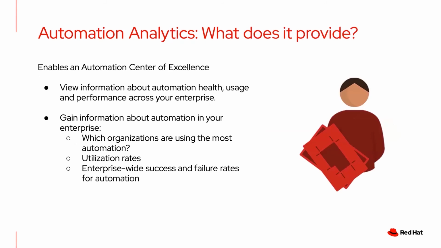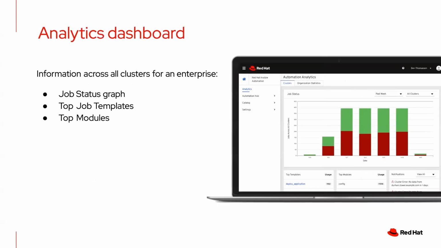What does it provide? It provides your central authentication. It gives you the dashboard that you can show to your upper management, to your leadership, and to your users. You can gain information about how automation is being used in your enterprise. You can see where automation is being used heavily and where it's not. You can see if you've got a whole set of automation that used to work fine, but all of a sudden has been failing a bunch recently. It gives you that sort of overall data. This is very useful to CIOs and central management.